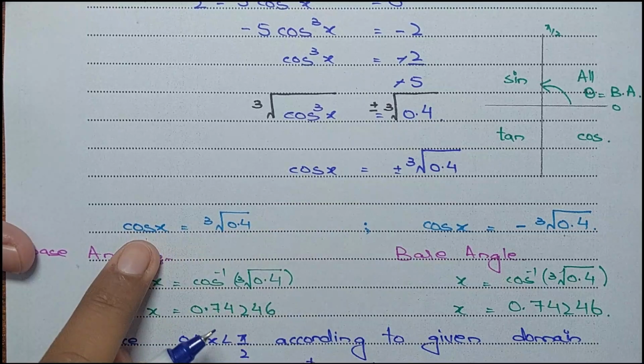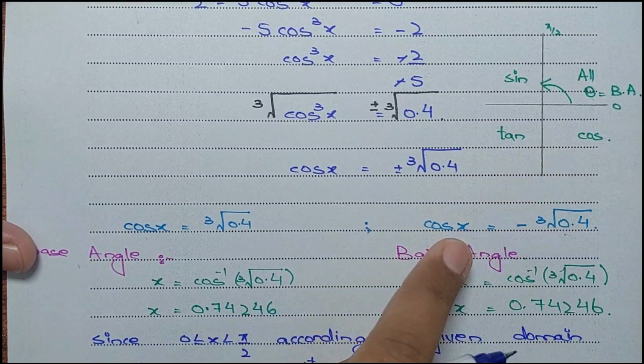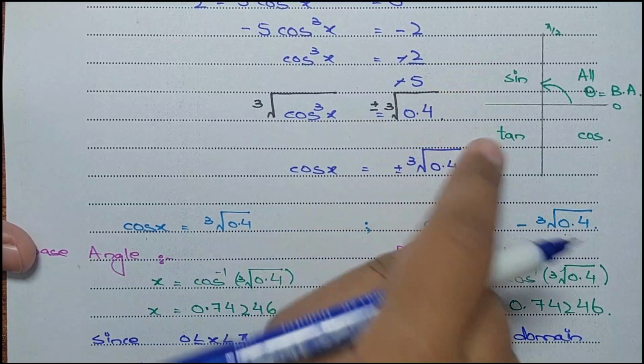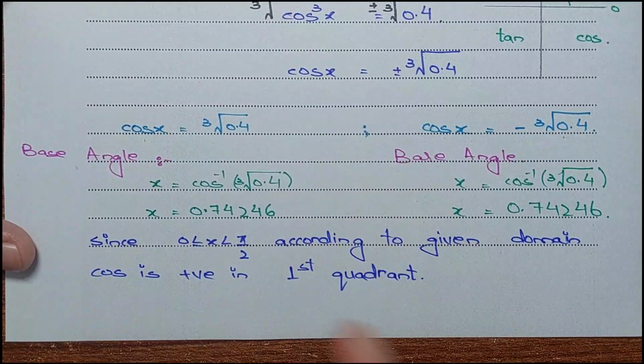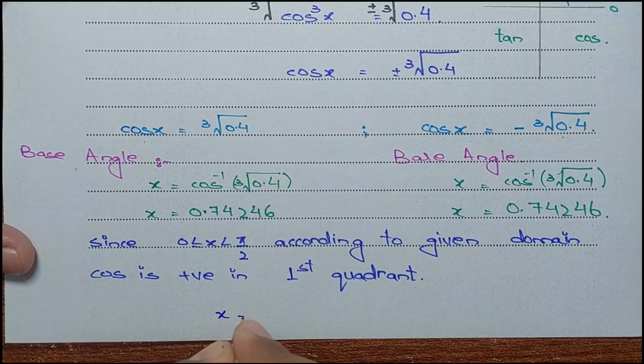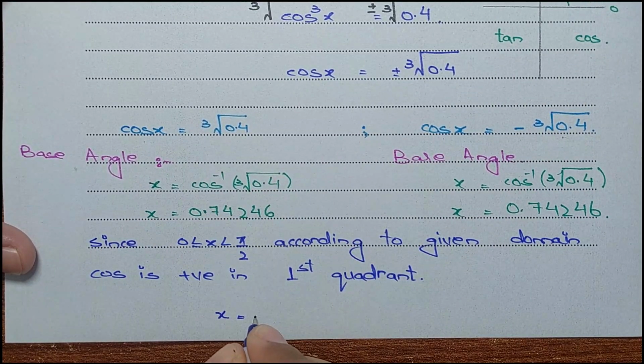But actually cos is positive in first and fourth. We are not dealing with the fourth. Cos is negative in second and third. Second and third are not in the domain, so we are not considering this case. Okay, so in the first quadrant, what is your value for x? The value for x is your base angle, and this is your base angle up to 3